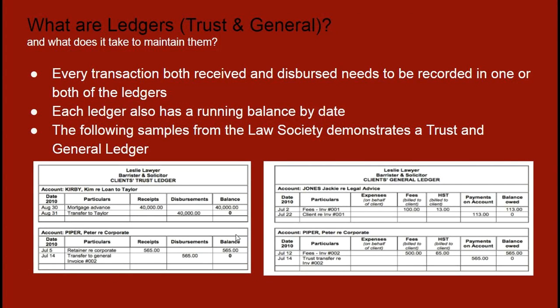Now let's move on to a contrast with a general ledger. So let's say you're a law firm. You could have a trust account. Of course, then you have a general account. Some firms may not have a trust account, they only have a general account. It applies to both. Within a general ledger, you certainly have the same component of the date. So when did that transaction occur? What was the reason? Under particulars,